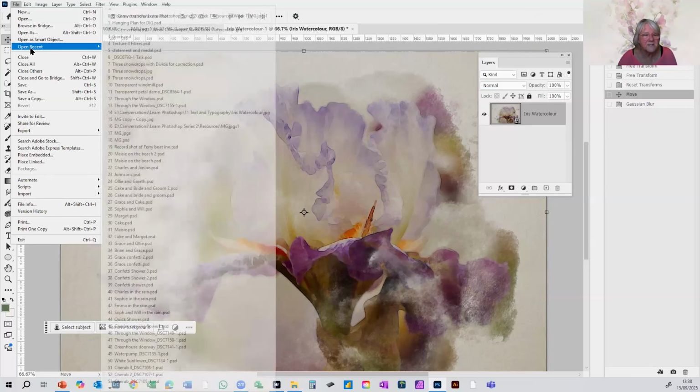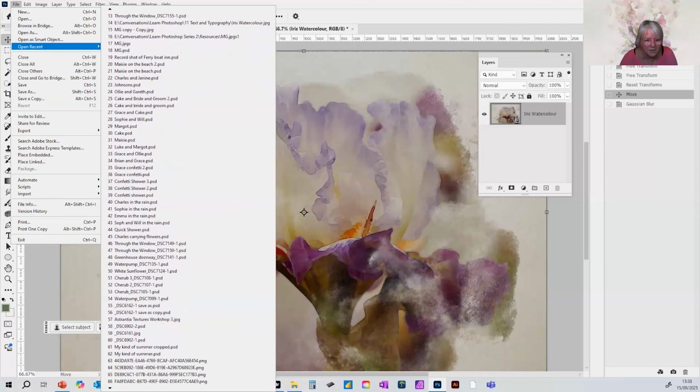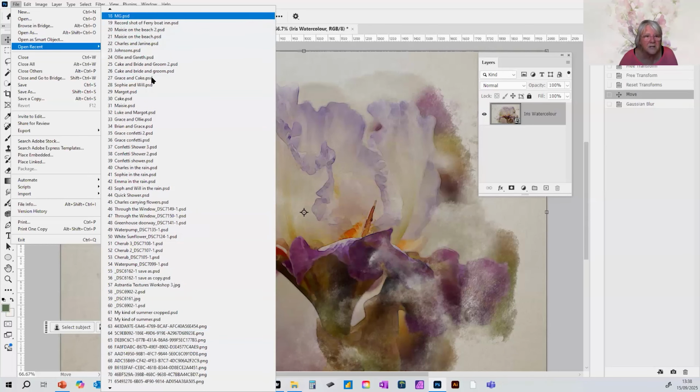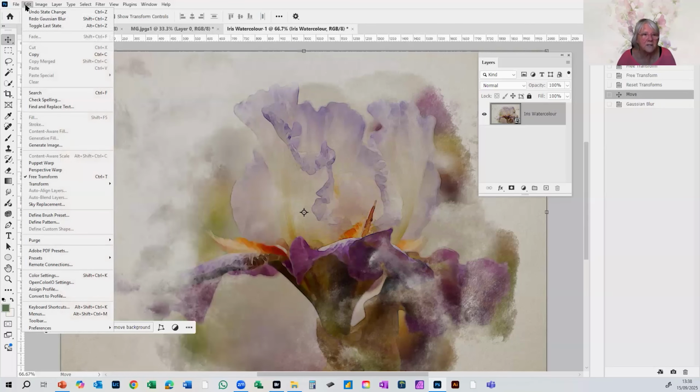So open recent. The last files that I've opened are now listed. The first one is always known as file 0, and then it goes down until I've got mine set to 100. So how do you get yours to show anything more than 10? Under the Edit menu for